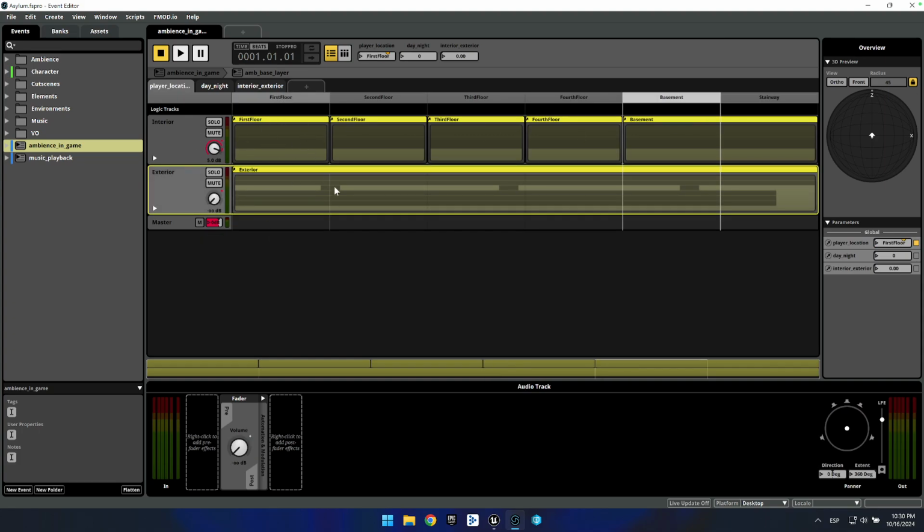And we will just listen to how it sounds. So this is the first floor, and this is daylight, during the day. Second floor, third floor, and fourth floor. We also have a basement and the stairways. If we go to first floor again, and we now go to the exterior,